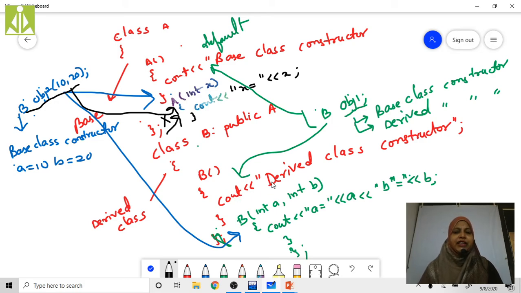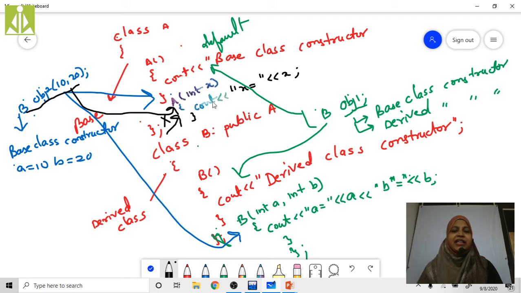What is the second point? Whenever we create any object for a parameterized constructor, in that case also the base class default constructor is invoked, and only then the parameterized constructor of the derived class is invoked. This is the second one.